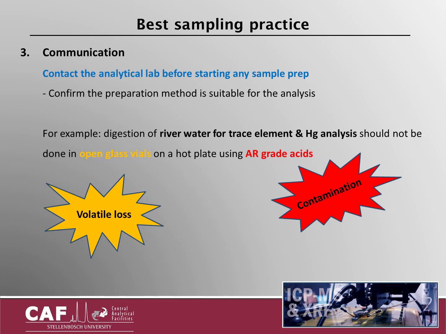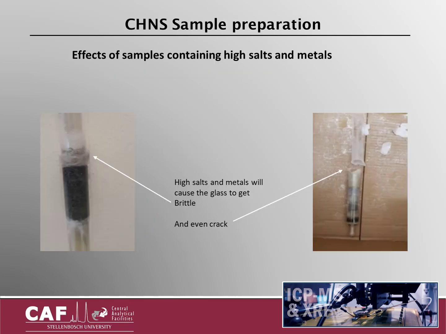You need to contact the analytical lab before you start any sample preparation. Confirm that your preparation method is going to be suitable for analysis if you are going to be doing the sample prep yourself. For example, digestion of river water for trace metals and mercury should never be done in open glass vials, as there could be